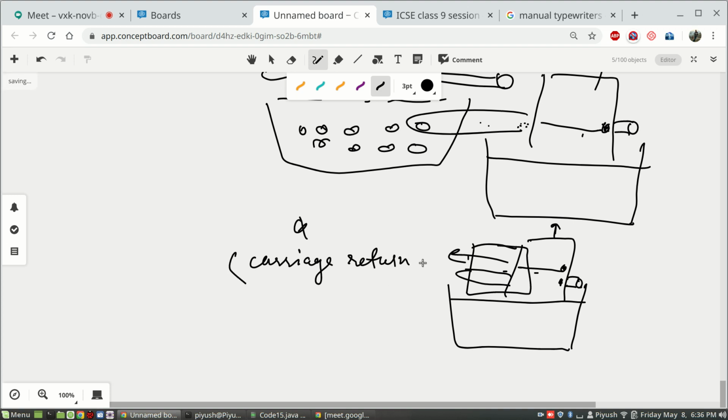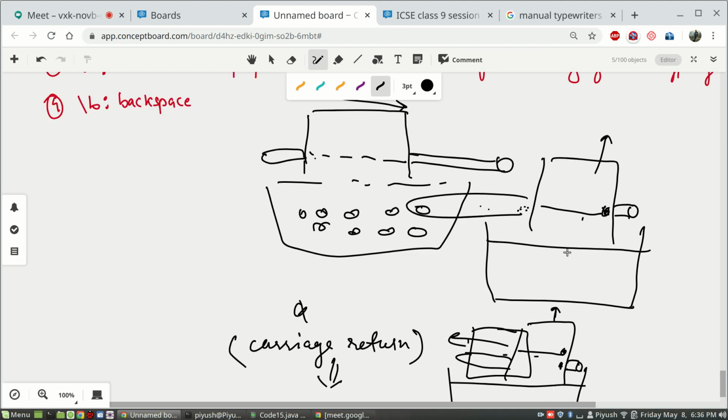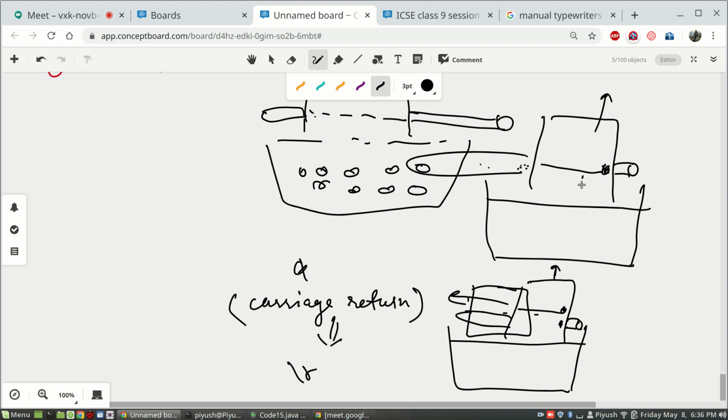And that action is simulated on computers using the escape sequence \r. What happens is, here they were changing line and then doing carriage return, but here if you directly do carriage return, even in these printers, the cursor will go to the first word of that same line. But here there is no mechanism to pull the page up or pull the screen up and go to the next line without writing \n. So in that case, it will simply go to the beginning of the line, erasing whatever it has written so far.